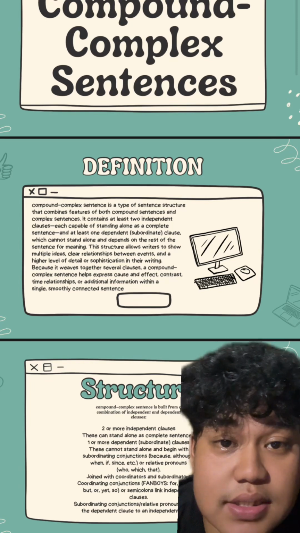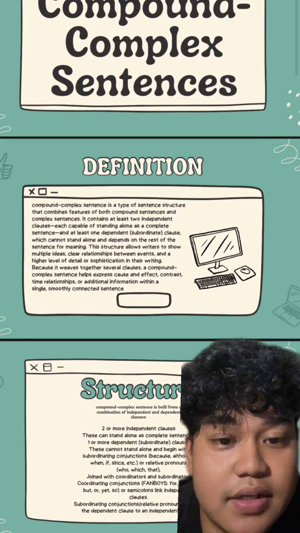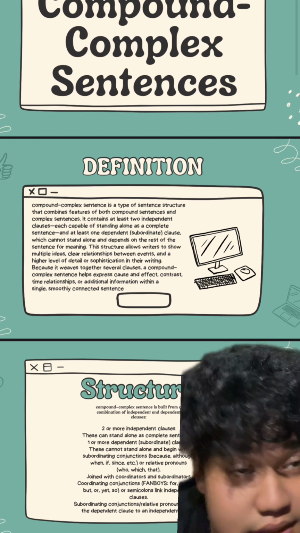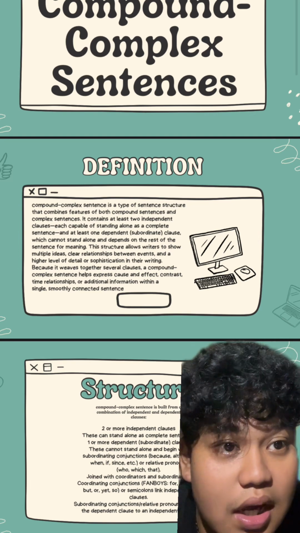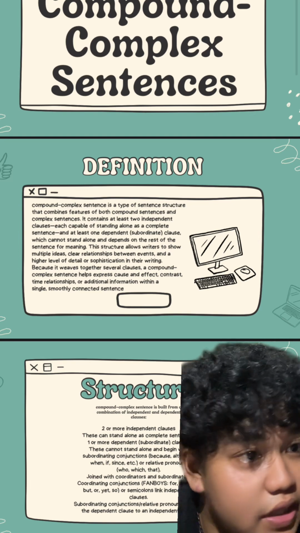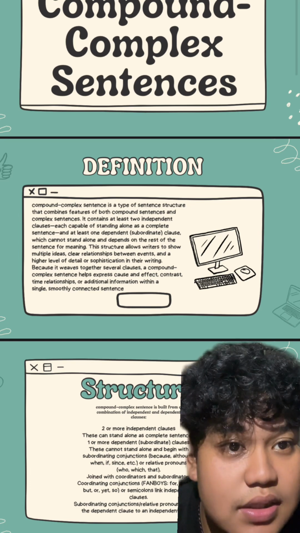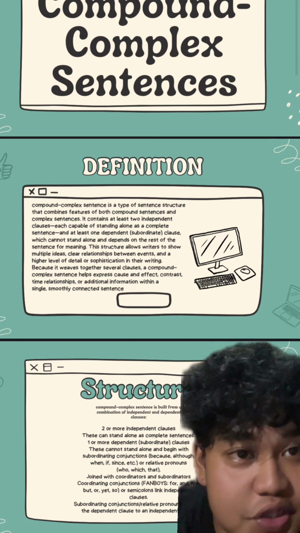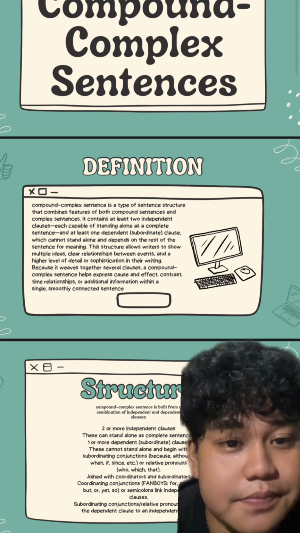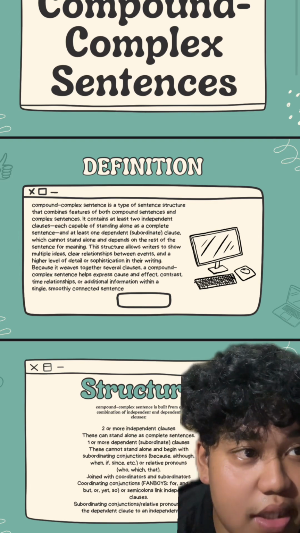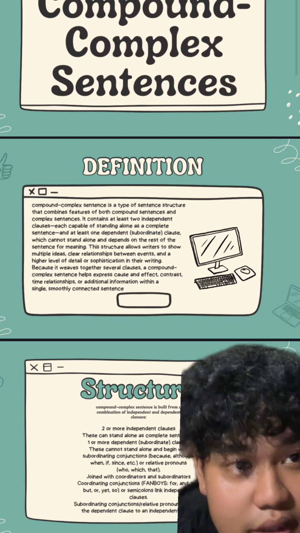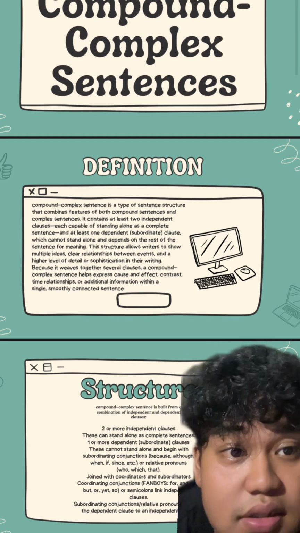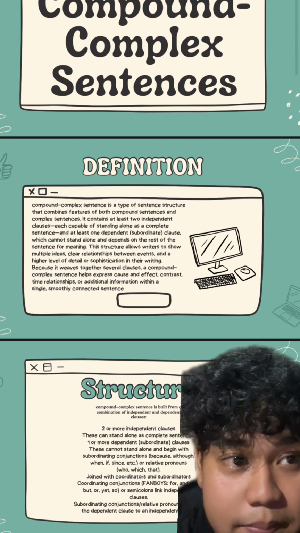It contains at least two independent clauses, each capable of standing alone as a complete sentence, and at least one dependent or subordinate clause, which cannot stand alone and depends on the rest of the sentence for meaning. The structure allows writers to show multiple ideas, clear relationships between events, and a higher level of detail or sophistication